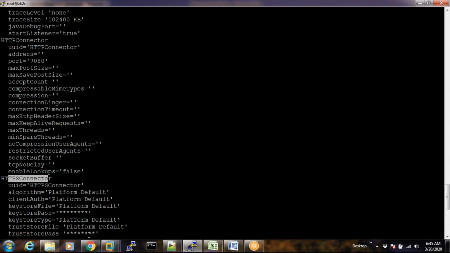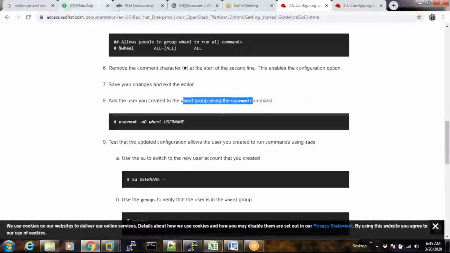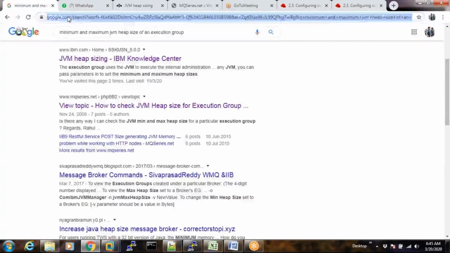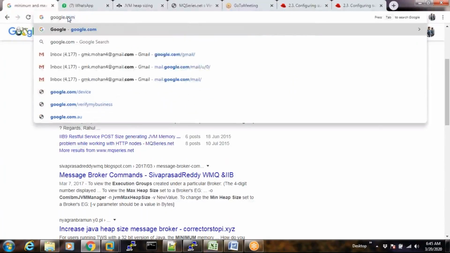Okay. The thing is, there is a URL. For example, I am opening a URL called google.com. Consider this google.com is working on a broker. With the help of brokers, you can build the URLs. So this google.com is either HTTP or HTTPS. HTTP is non-SSL. HTTPS is SSL. That is the connector. For example, google.com is developed in something called IIB. When I hit enter,